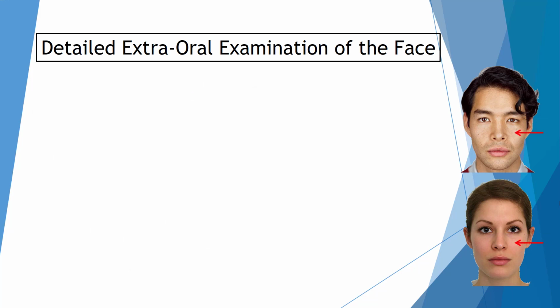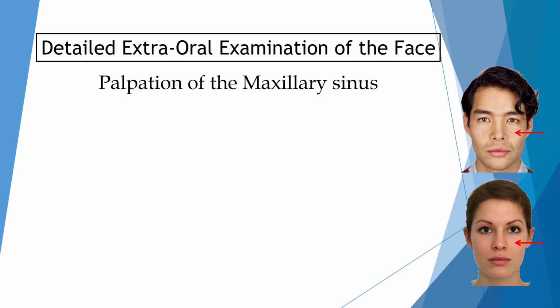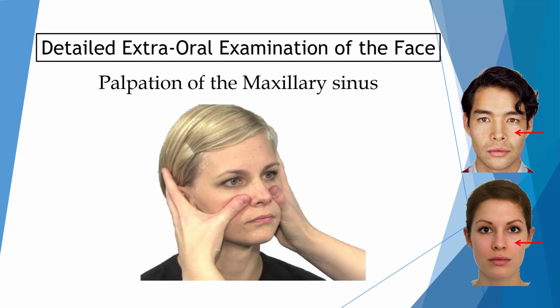The second area down is the nose and the maxillary sinus area. Now, as notes regarding inspection of this area should have already been taken during the general inspection of the face, the detailed examination now includes mainly palpation of the maxillary sinus area for tenderness, only if sinusitis was considered to be a possible cause of the patient's chief complaint, such as those who feel pain and or congestion in this area.